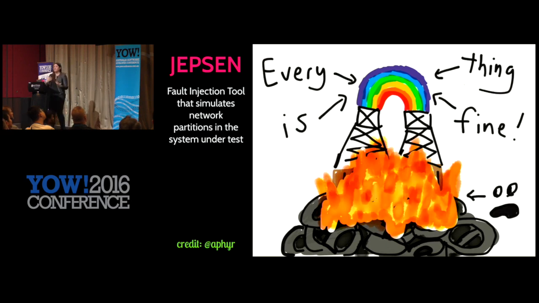And so he has found a lot of really catastrophic bugs in a lot of really big databases and open source projects. And the good news is that Kyle goes and tests these and then files very detailed bug reports, and usually these things get fixed. I think he found a bunch in Mongo and filed all the bug reports. A lot of them got fixed. He retested it, found a couple more, but they're making progress in the right direction.